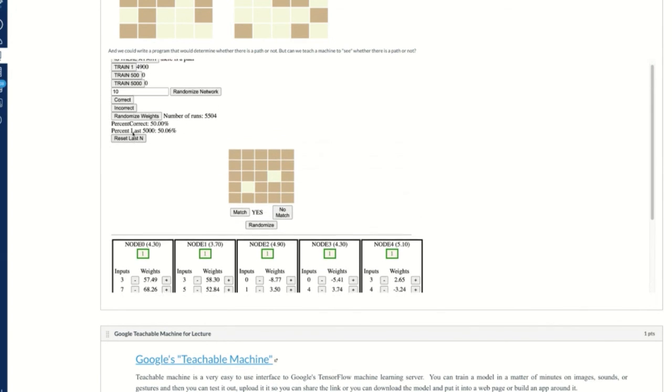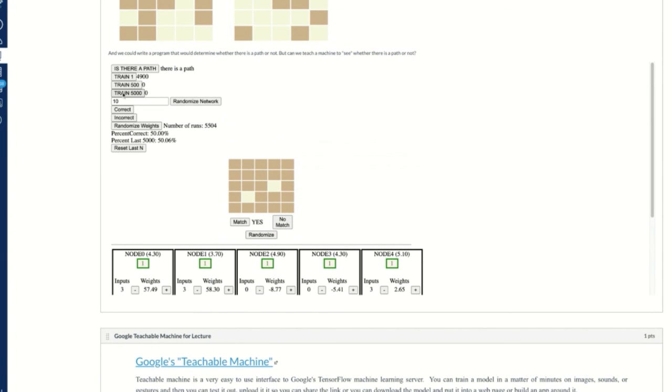Now it turns out that this model is so bad that I'm going to do another 5,000. And then another 5,000. And another 5,000. So we get up to 20,000. And I'll say it's just barely